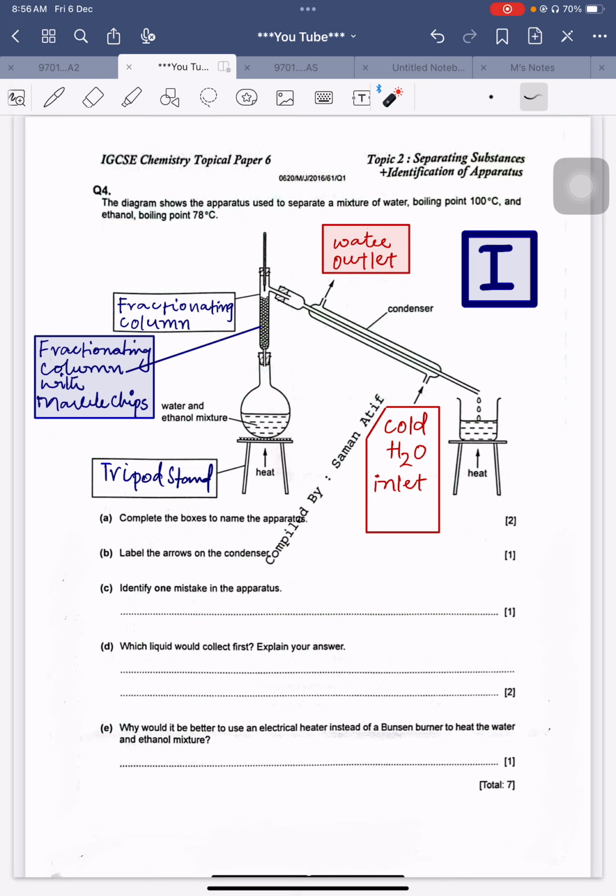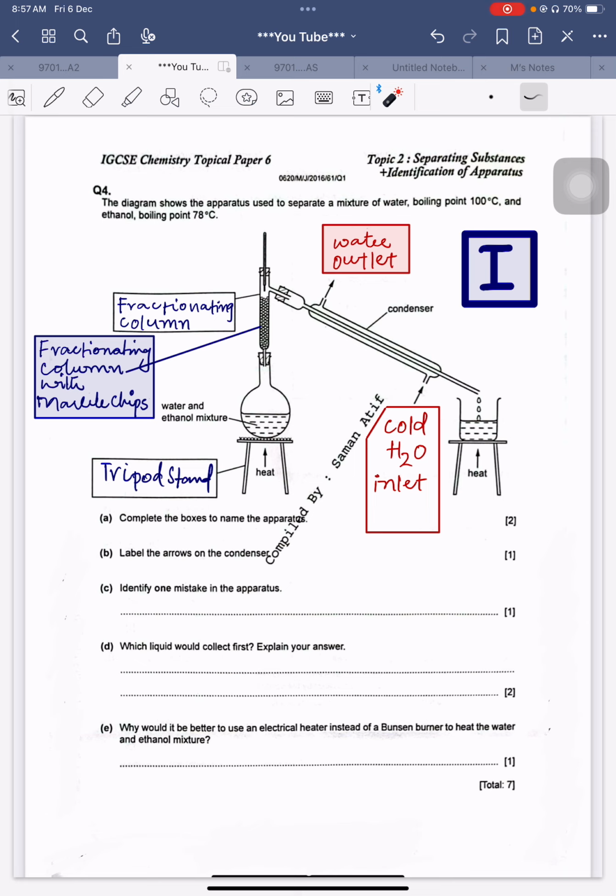Before moving towards the explanation of this question, I would like to bring your attention that I have taught you very clearly about the separation techniques, and how we can separate ethanol and water from each other. We know that ethanol and water are 100% miscible into each other. What is the meaning of miscibility? That they are dissolved into each other properly, thoroughly. We cannot separate them by any other method except fractional distillation. Fractional distillation is a separation technique based upon the physical property of boiling point. Those substances which have the lower boiling point will be obtained first by fractional distillation, and those which have higher boiling points will be obtained later.